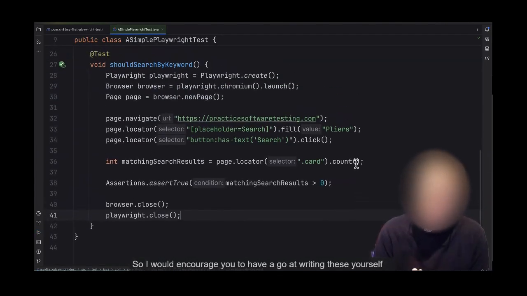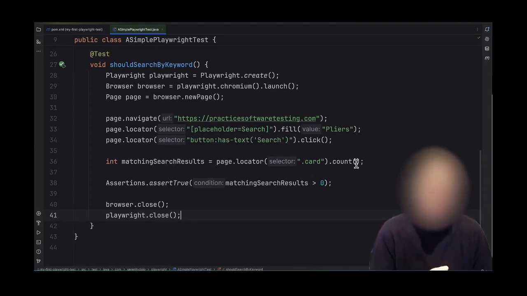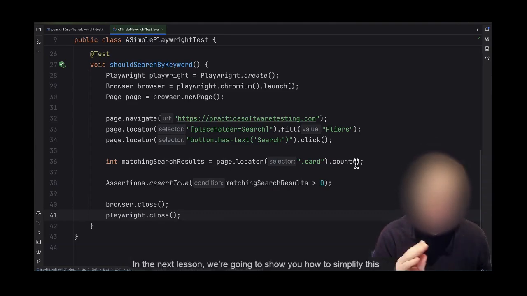So I would encourage you to have a go at writing these yourself and seeing if you can get them to work on your own machine. In the next lesson, we're going to show you how to simplify this code and remove a lot of the boilerplate, make your Playwright tests a lot slicker and a lot leaner and a lot easier to